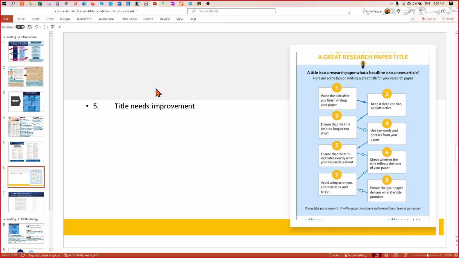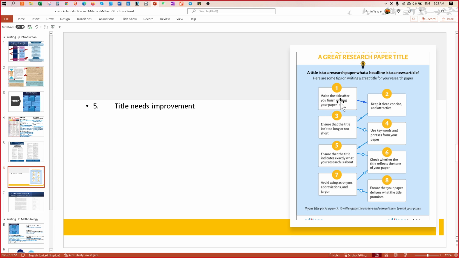Title needs improvement. Some of you did not give any title at all. Some gave half-baked titles. So I think we need to look at how to generate a title. How do you create a title for your research? There is a step, in general, but regardless of the methodology that you use to create your title, it has fundamental components. So let's look at what you need to do.